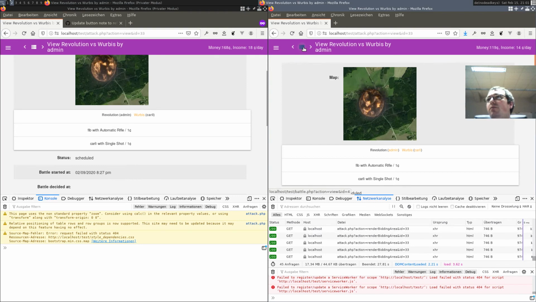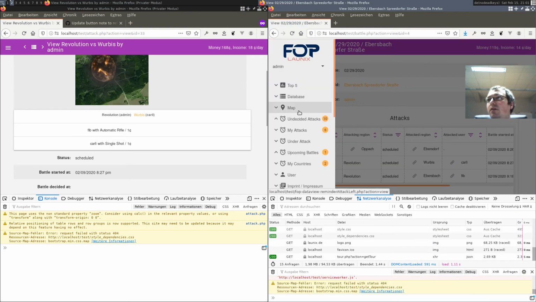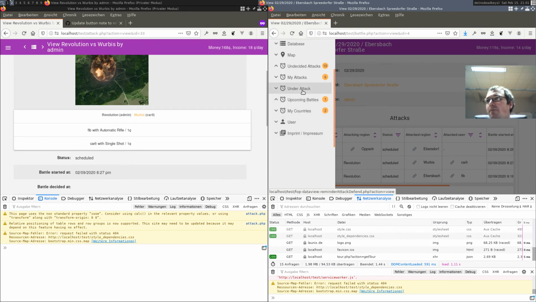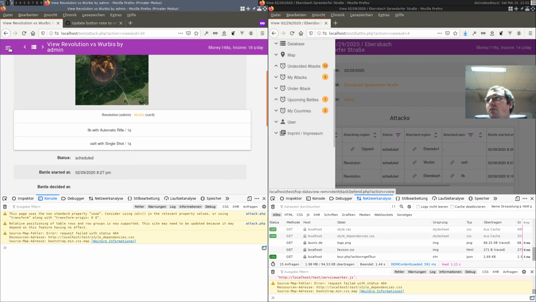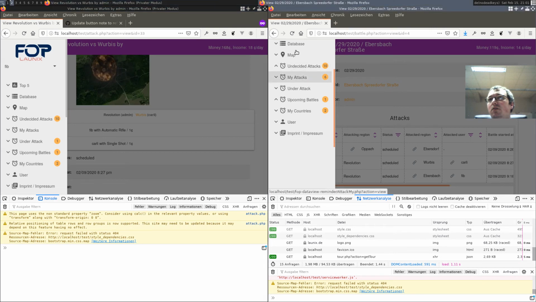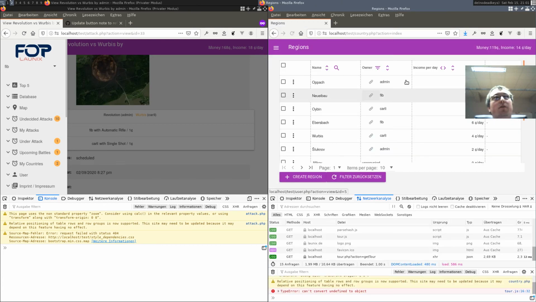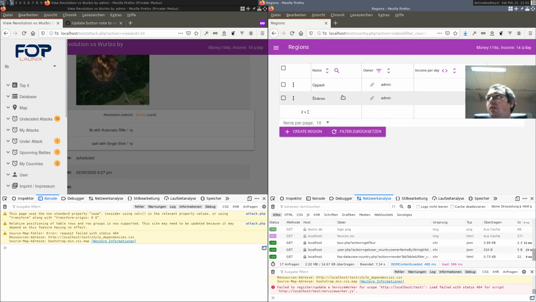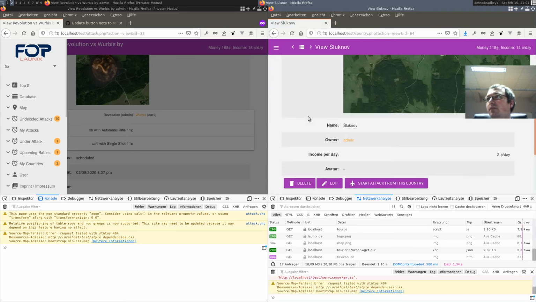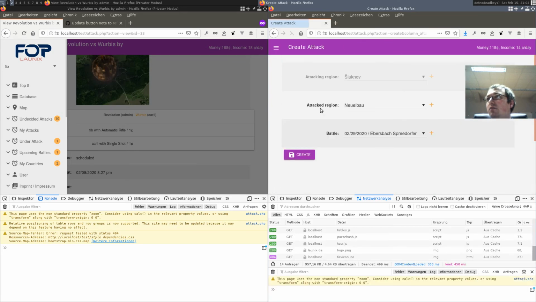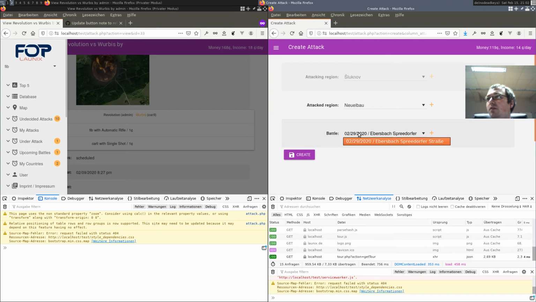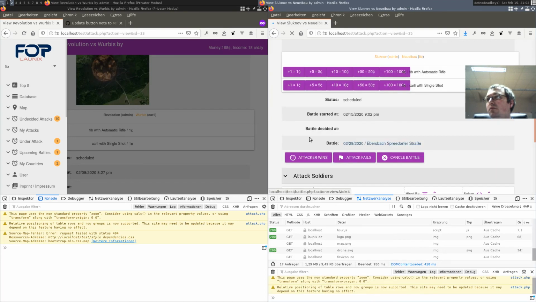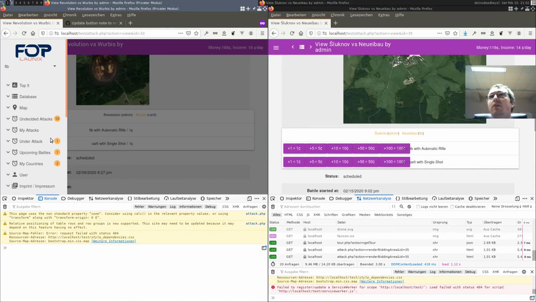So FIB has to find a country that is owned by admin. So let's attack this country. Start attack from this country. Yes, fight next Saturday. And okay, there we are.